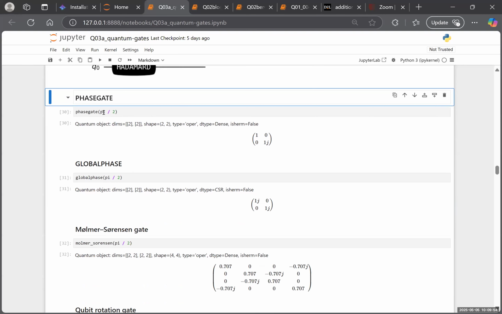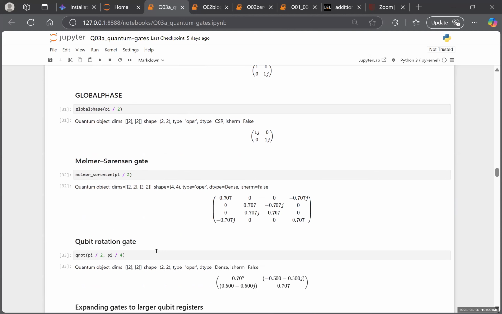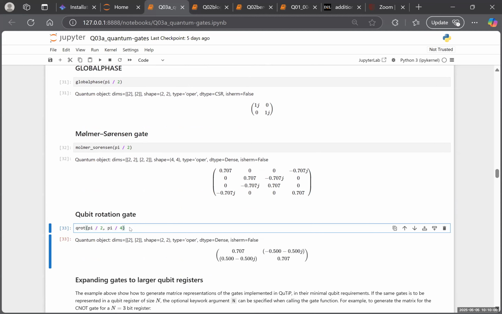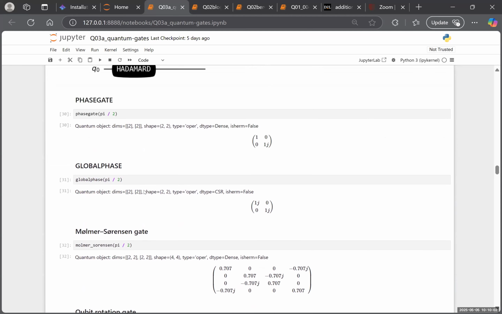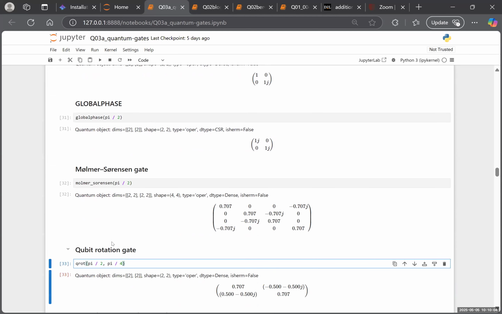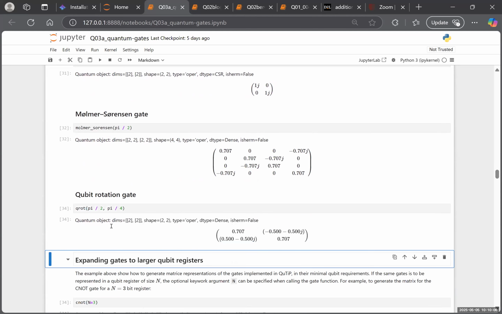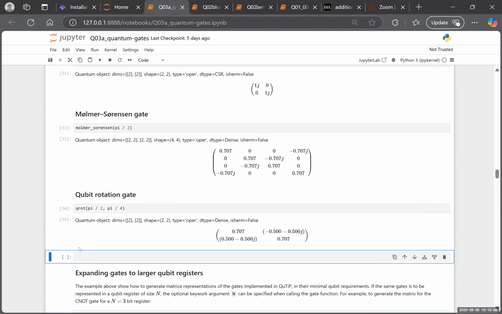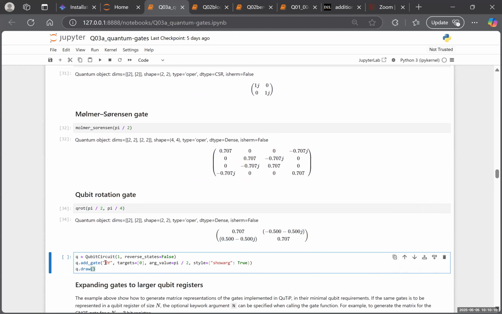Okay, and global phase, more fluorescent, qubit rotation. Yeah, so maybe this is where it should be. Find out this, and qubit rotation. QROT. I hope that will be